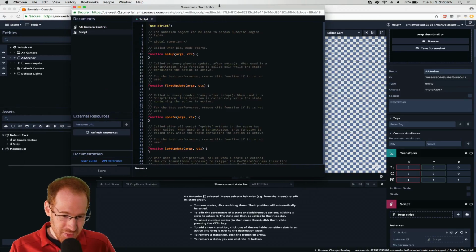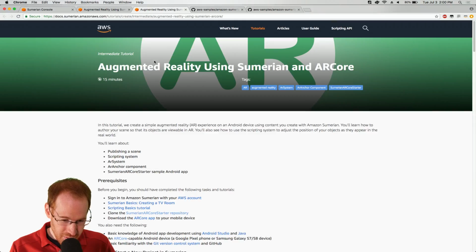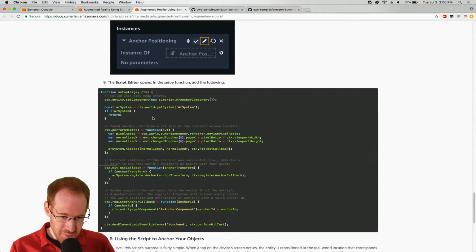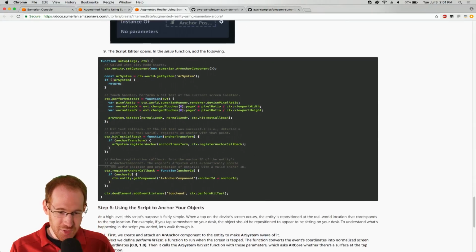So I've added a script to that entity's script component, and if you take a look at the tutorial, essentially this set of instructions is what I just went through,